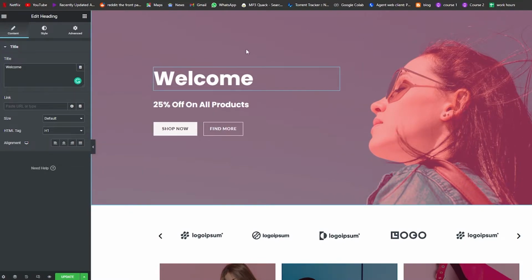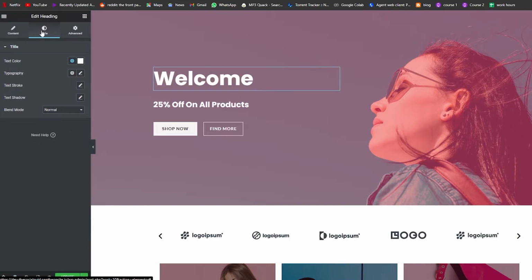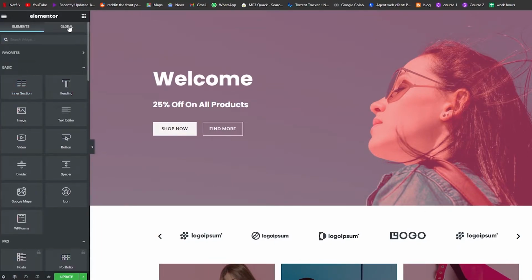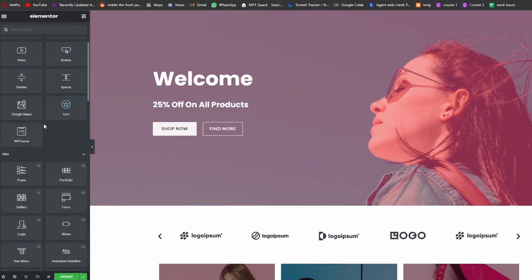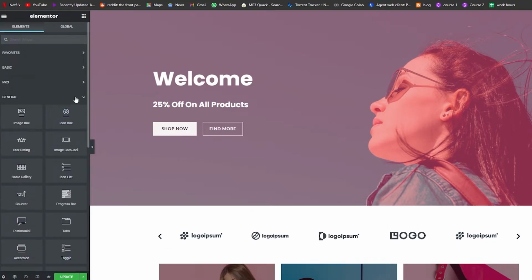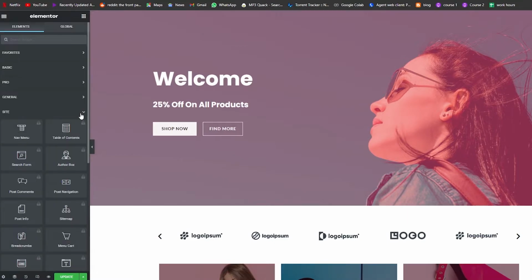So what if we wanted to change the background image? All we have to do is just click over here, and over here on the left side we go back over here in style, and we can go ahead and change that. Let me just go back over here. As you can see, over here we have all these different options in front of us. So we have the basics, we have the pro, we have the general,